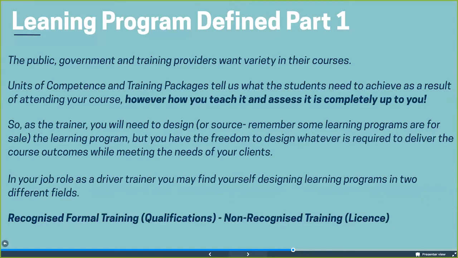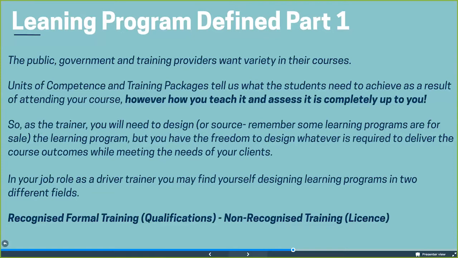how we're going to teach the student what they require to learn and prove that they understand or are able to do. They pretty much tell us what the outcomes are. And again, I don't want to confuse our driver trainers too much here, but when you get a unit of competence, which is a benchmark, and you are going to use at least one or two units of competence through the assessment process, what you will notice when you read this unit of competence, it's going to say to you that as a result of your training, the students should be able to do these things. So how you work out to design a course that gets them to do that, that's the tricky bit,